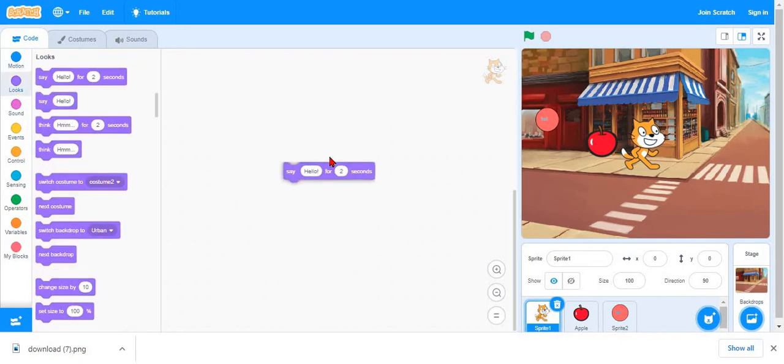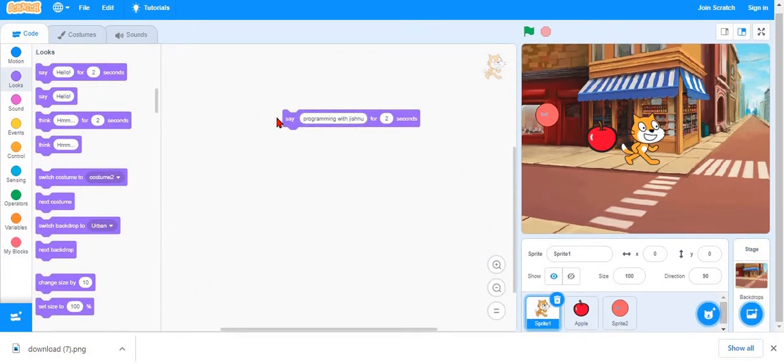You have to go to Looks, take the say block, then write programming with Jishnu.